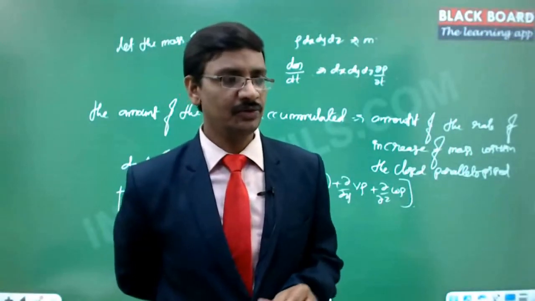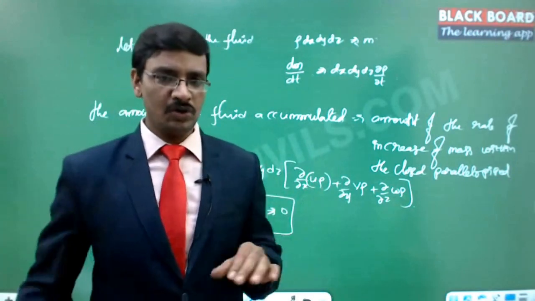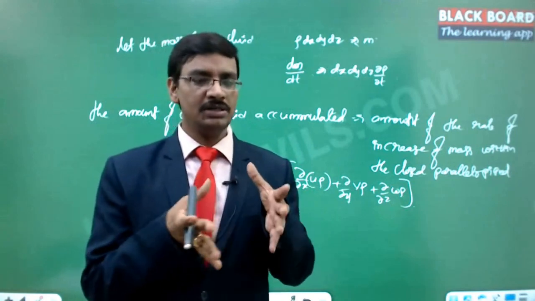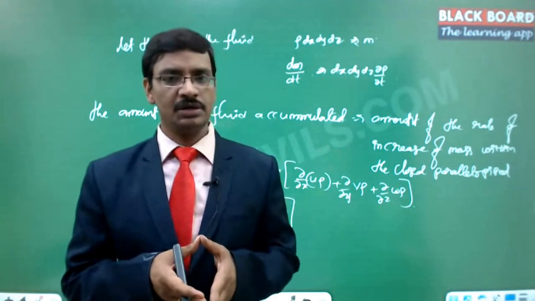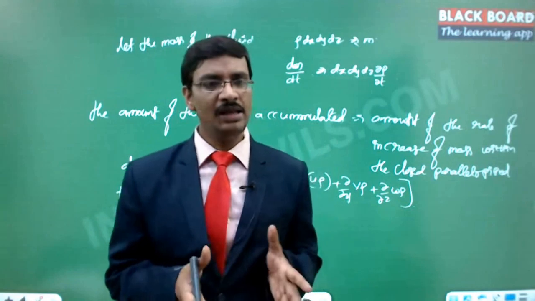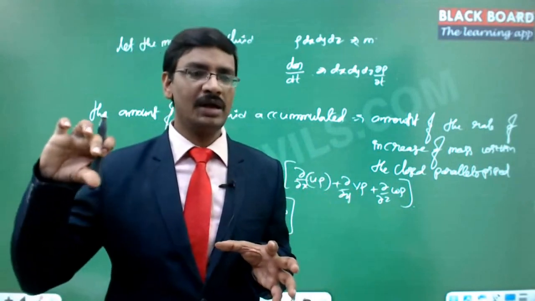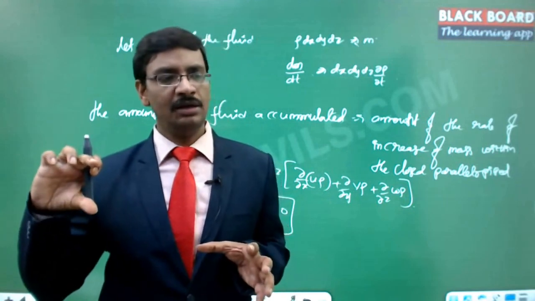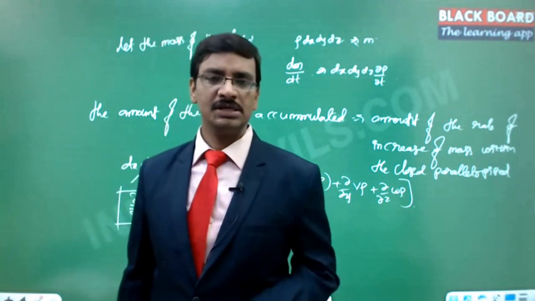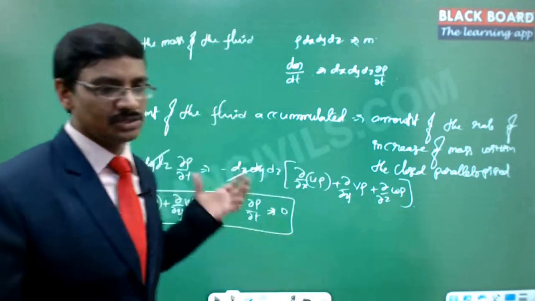Actually, I did notice some of the questions that were asked. But essentially, what we have done is we have taken one closed surface, within that closed surface that is exactly suitable to our coordinate system. We have assumed a Cartesian coordinate system in the direction of x, y, and z. Now, in that case, we have calculated the amount of the fluid inflow, and then we have taken the mass separately, and we have calculated the rate of mass increment, and these two are equal to each other. Now, that's what we call the continuity equation, which essentially talks about the law of conservation of mass. Got it? And the same thing we have derived.